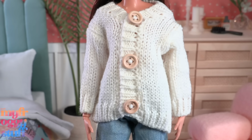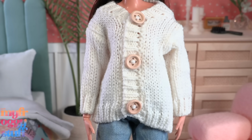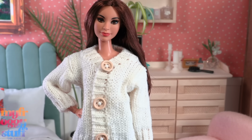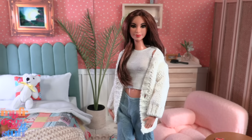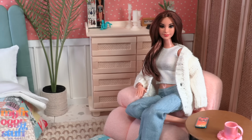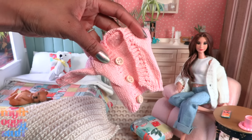I think the cardigan is a little bulky on the doll, and the buttons are huge. Seriously, I wonder what it would look like without the buttons. Oh, like that. And I like it. I just paired it with a white Creatable World top, and it's totally giving that I just want to curl up with a good book kind of vibe. There's a black cardigan, a pink one,